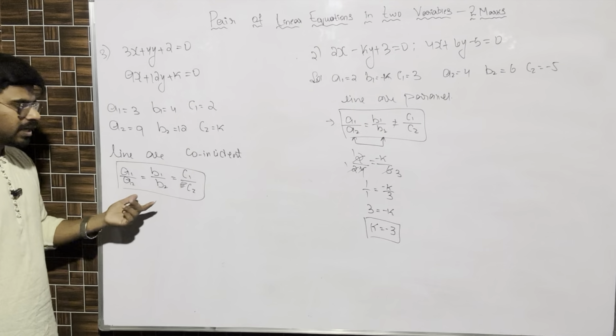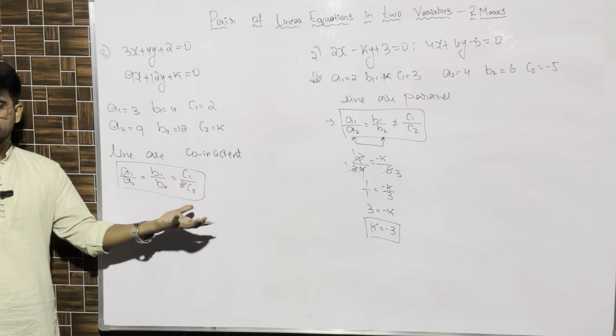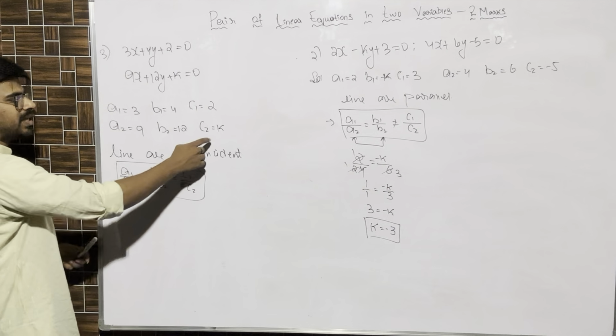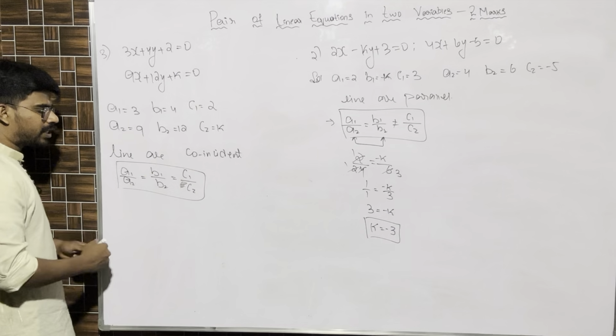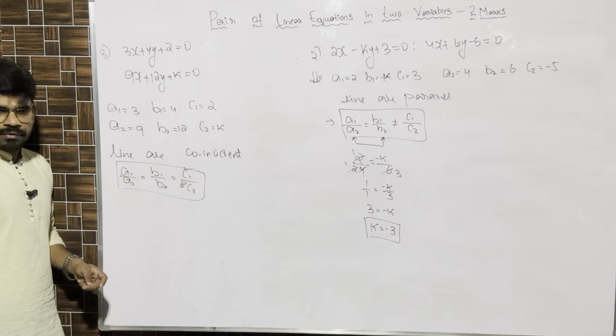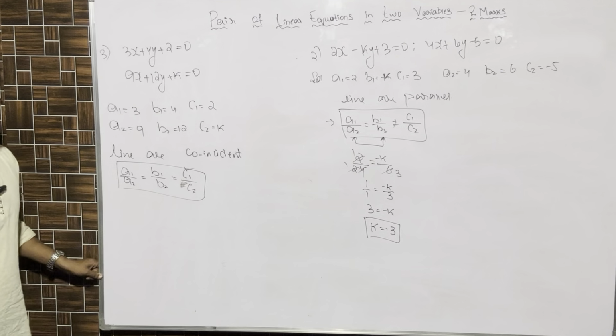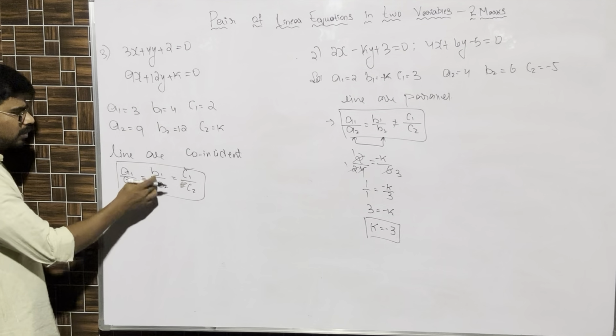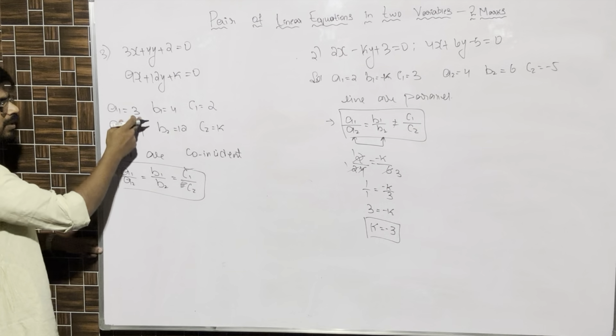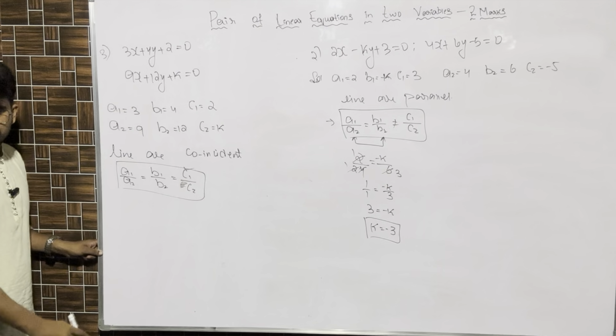Now here all of the three values are equal: a1 by a2 is equal to b1 by b2 is equal to c1 by c2, and the unknown value is at c. So c we have to take for sure. Along with c we can take either b1 by b2 or a1 by a2. It's up to us. Any value we can take. So 4 by 12 is cancellable. a1 and c1 we will take a1 by a2.